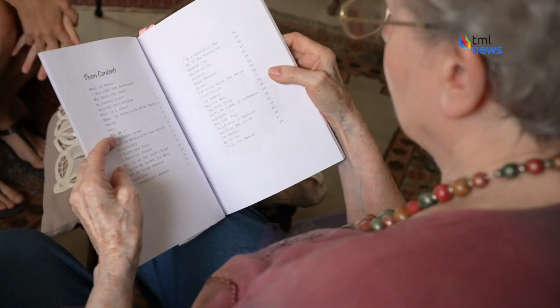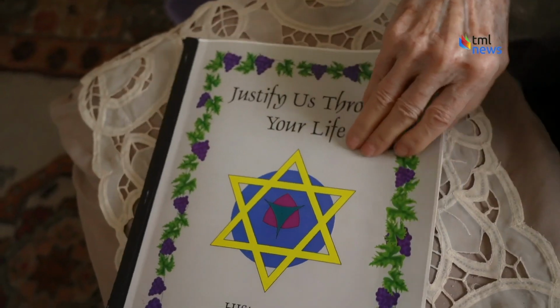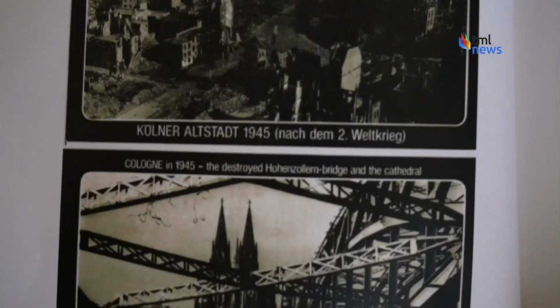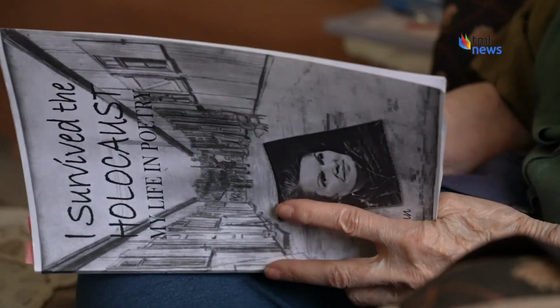Renate Kaufmann, 83, also lives here. Born in Germany, her parents helped her escape the Nazis by hiding her in a small village for the entirety of the war. Unfortunately, the woman who took Kaufmann in was not so kind-hearted. So I was very unhappy there. The lady was very nervous and beat me almost every day, and that's why I'm crippled. She took a big, like a baseball bat, big spoon, and hit it over my back,